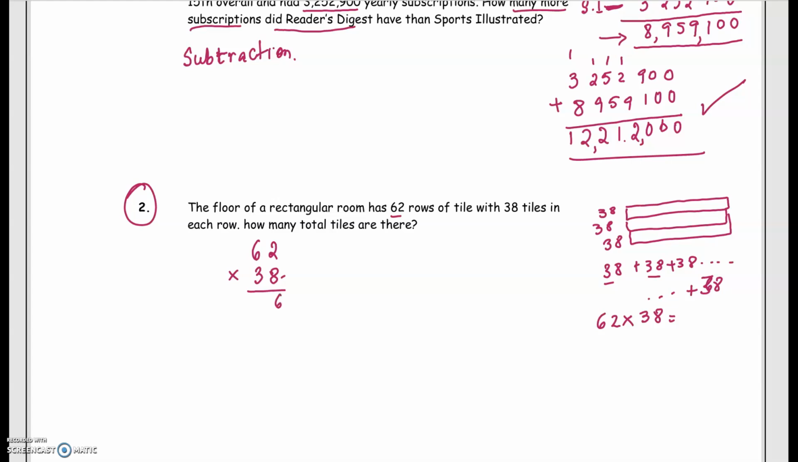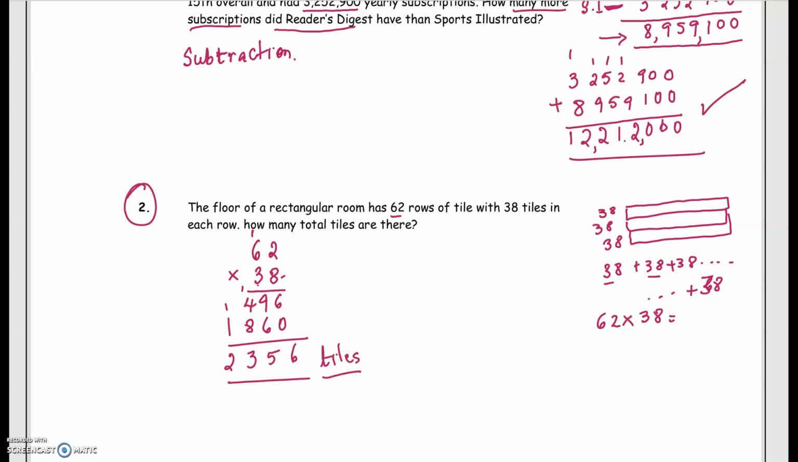8 times 2 is 16. 8 6s are 48 plus 1 is 49. 3 2s, and of course 3 is really a 30, so we put a 0. 3 2s are 6. 6 3s are 18. 6 9 plus 6 is 15. 8 plus 4 is 12. 13. Carry the 1 over. 2,356